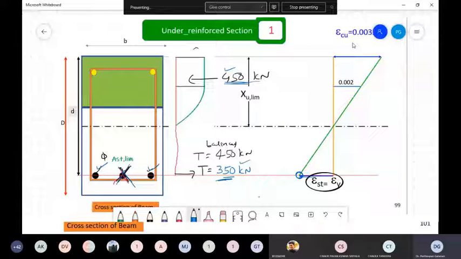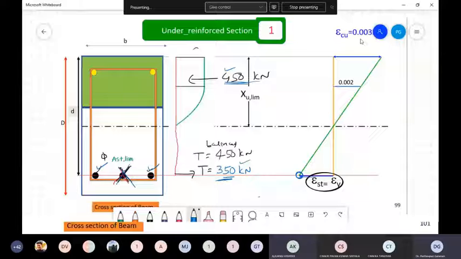Tanusha, roll number 13. Yes. See, in a balanced section, compression and tension are both 450 kilonewton, so both have failed simultaneously. Now here I have removed one steel area. So I have got tensile force of only 350 kilonewton, whereas my concrete can still take 450 kilonewton. Now at this point, my steel started yielding, that is epsilon ST is equal to epsilon Y at 350 kilonewton. Now at 350 kilonewton in the concrete, the strain will be 0.0035 or lesser than 0.0035.